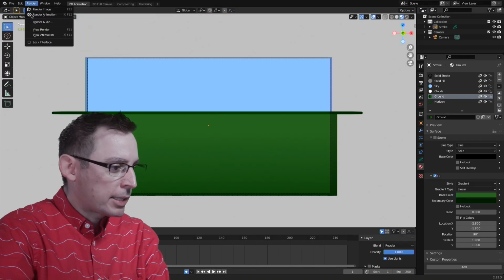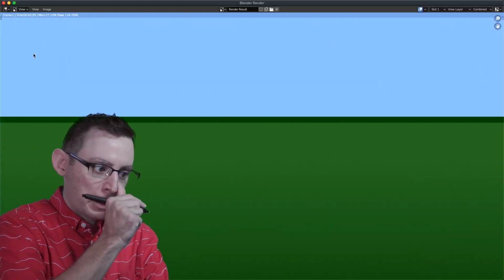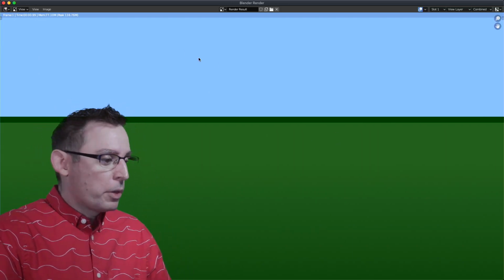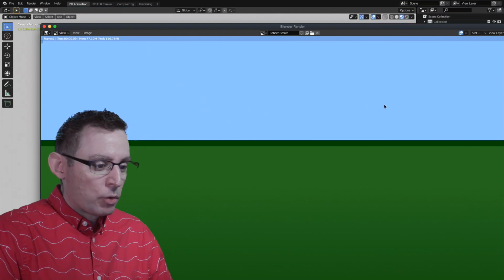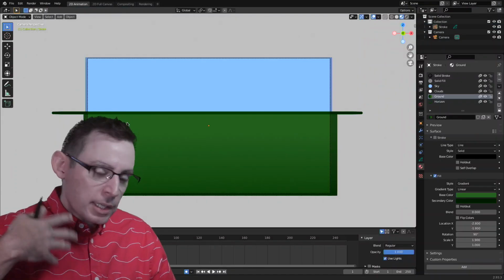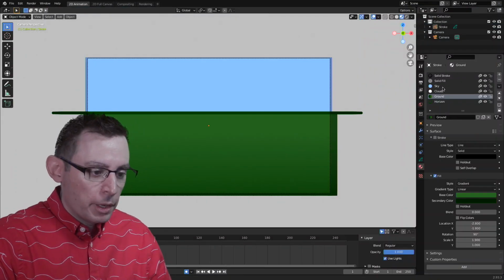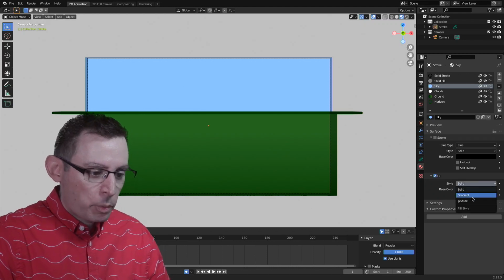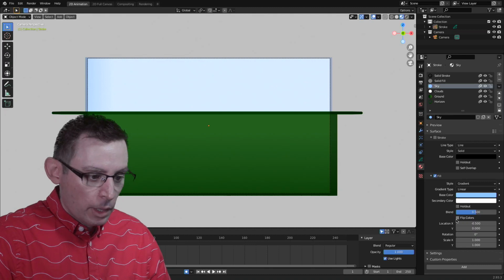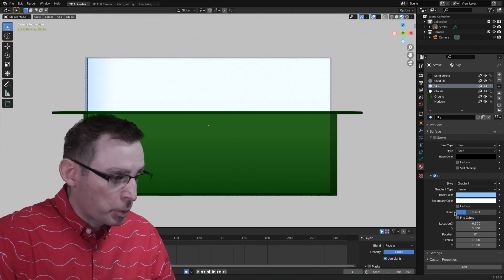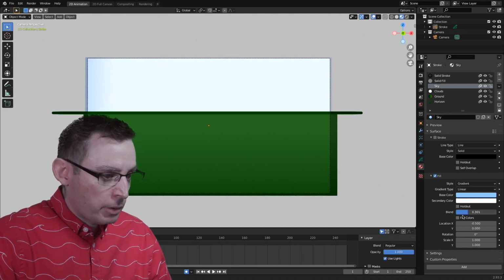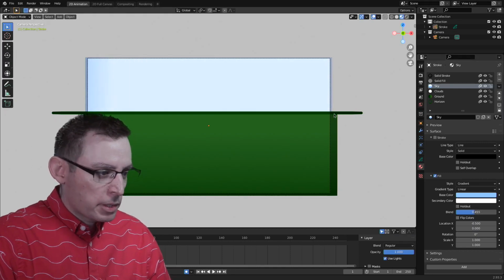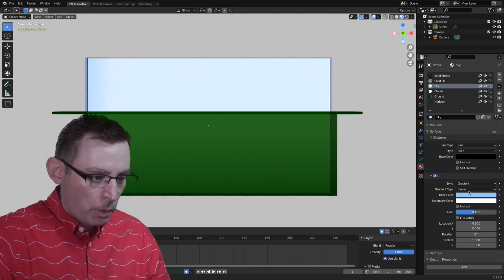I may do the exact same thing for the sky later on, but at the very least, this is starting to feel and look a little bit more in the direction that I want to go. I might add a radial gradient in the sky just to give it a little bit of life, a little bit of love in there. Let's do it real quick. We'll change my fill properties to gradient, and I'll be honest with you, this is already starting to look pretty great. I liked how it was working. Yeah, I may start to play around with this a little bit more.